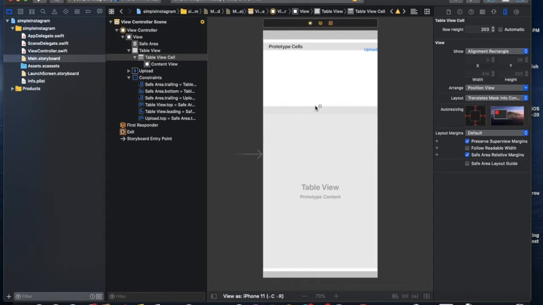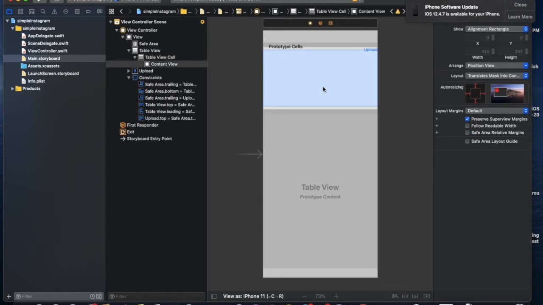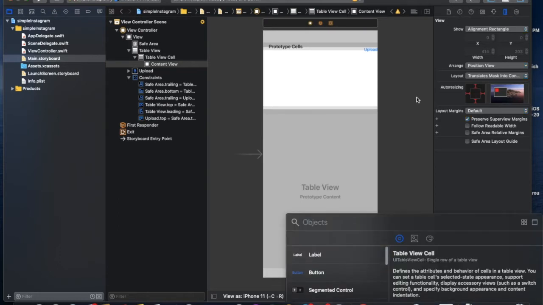So for playing a video, you need two things. First, to show a preview of video, you need an image view, and to play a video, you need a video player. So we are using both. Firstly, we create a cell for image only, or you can manage things in both in a single cell. So we are going with the single cell.